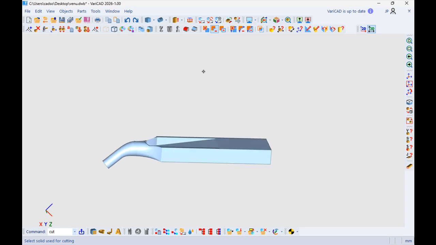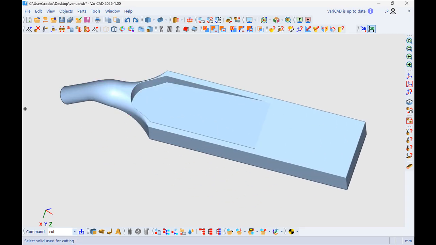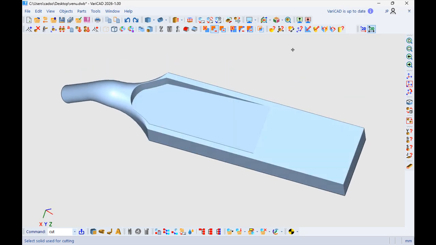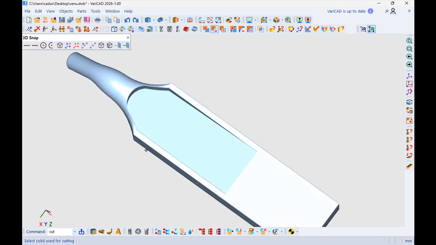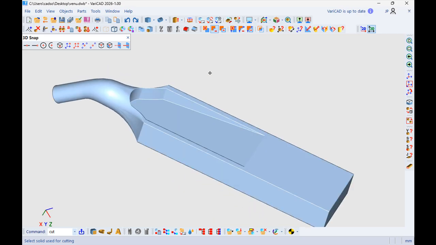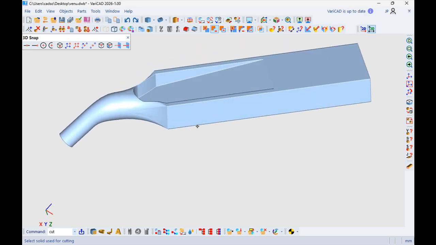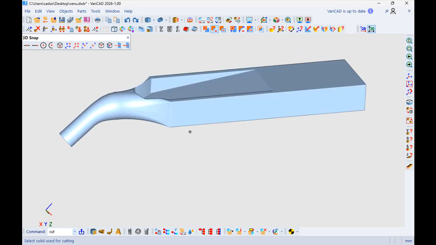And I think we have a very nice shape of what you need. Let me just put a point to rotate here so it's much better to see. So this is our shape. I think it's very near what you are looking for.